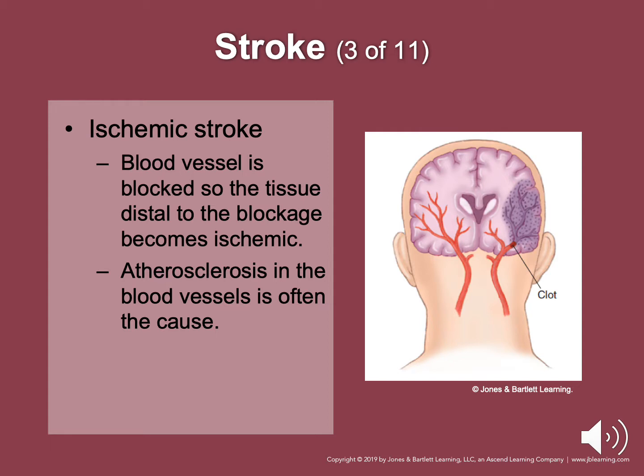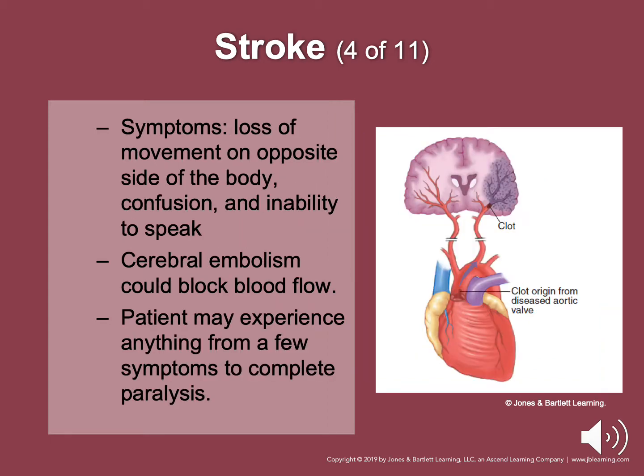So it's like a coronary myocardial infarction. You have that plaque buildup. Same thing with stroke. Okay, it's a blockage thing. Atherosclerosis in the blood vessels is often the cause. So it eventually causes complete occlusion of the artery. Alright, in other cases, the atherosclerotic plaque in a carotid artery will rupture. A blood clot will form over the disruption in the plaque, resulting in blockage of blood flow. Parts of the brain supplied by the artery will become ischemic.